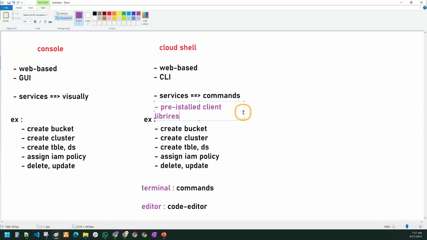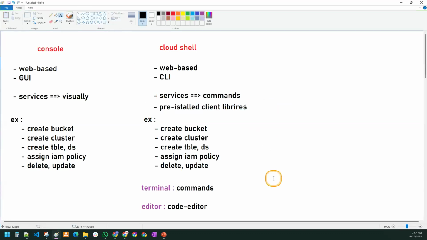Client libraries, such as what are those client libraries? It comes with Python, Java, Terraform, kubectl, many things. It comes with pre-installed client libraries so that if one wants to write Python code or Java code, they can easily write it. If you want to write it in the terminal, you can do that, or also in the editor. The editor comes with rich editor features,